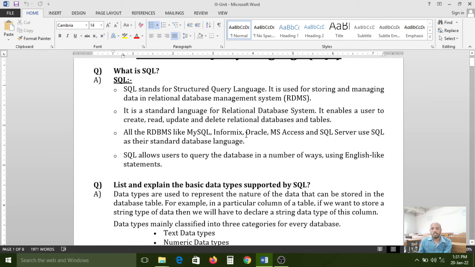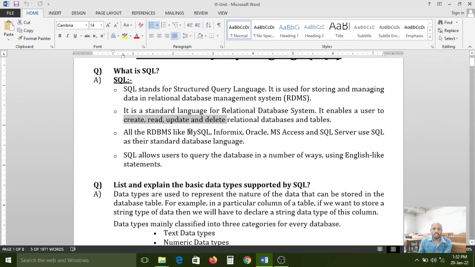In any database we can perform these 4 operations: create, read, update and delete. These 4 operations are called CRUD operations or CURD operations. CURD is nothing but C means create, U means update, R means read, D means delete.